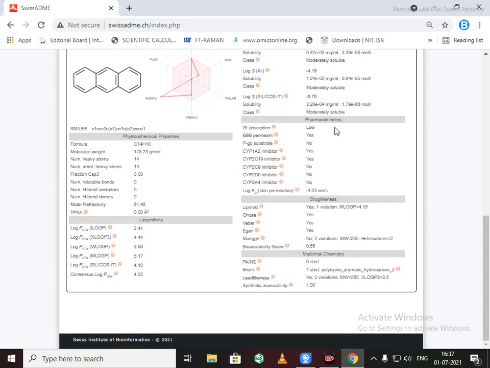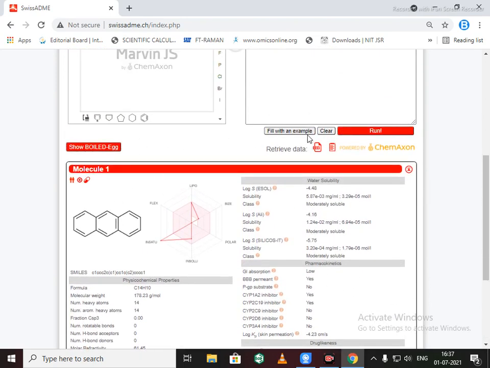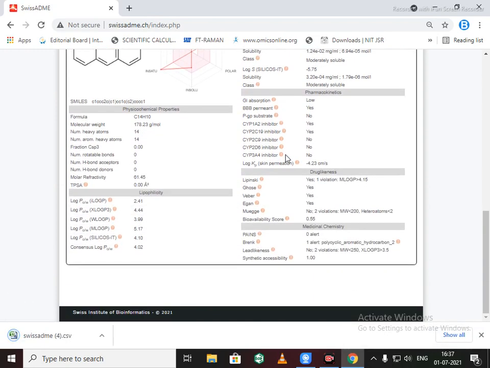So if you want to get all this data in Excel sheet format, just click on this CSV file. Here is the downloaded file.